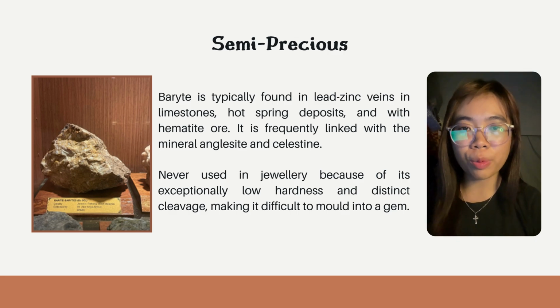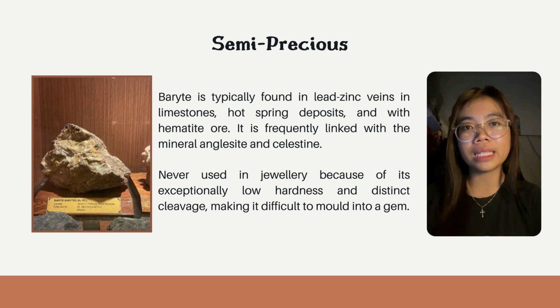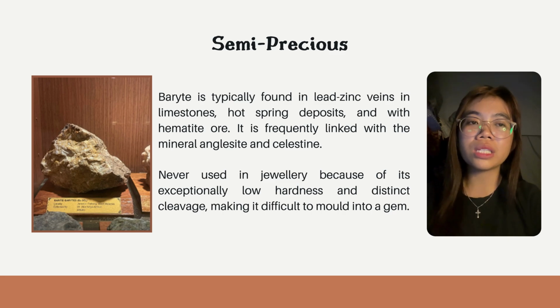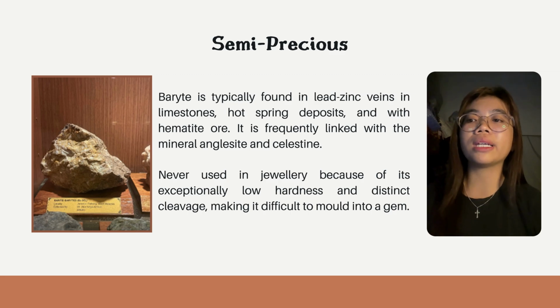And now for semi-precious. I chose barite for my semi-precious category. Barite is typically found in lead-zinc veins in limestone, hot spring deposits, and with hematite ore. It is frequently linked with the minerals anglesite and celestine. It is never used in jewelry because of its exceptionally low hardness and distinct cleavage, making it difficult to